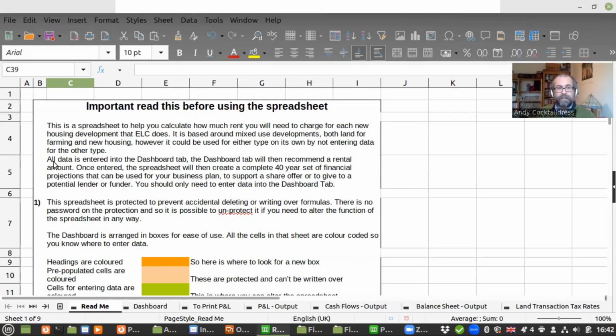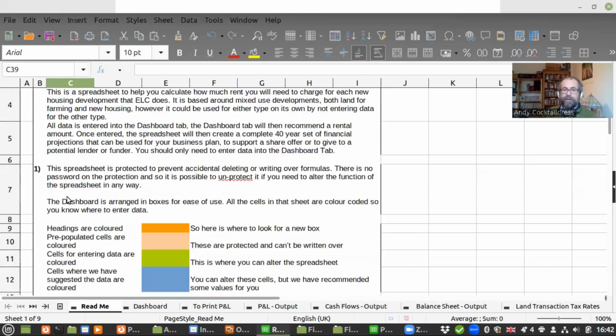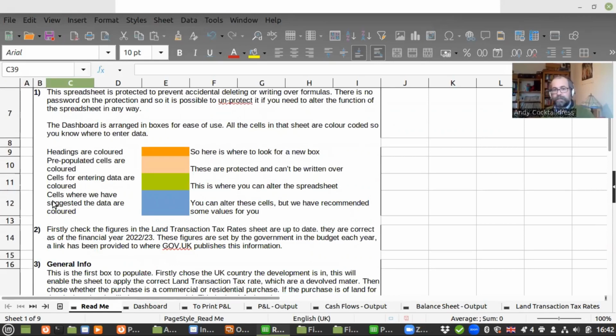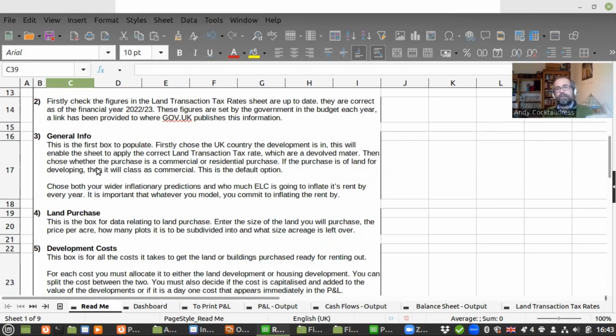And what it does is it tells you what the spreadsheet is for, where you put the data. So the data is generally entered, when I'm organizing work, into a dashboard tab where all the data is entered in one place, which then is calculated in later sheets, but the data is all entered in one place. It tells you about the color coding that is used, and we'll go through that in a second. And it then gives you some of the instructions as to the order that you should put in the data,